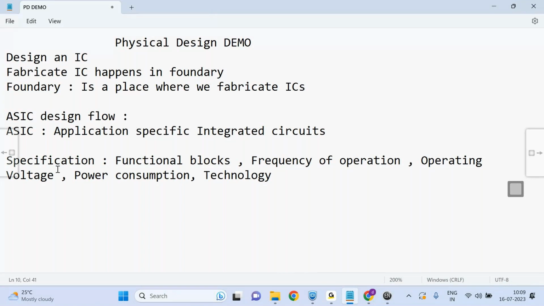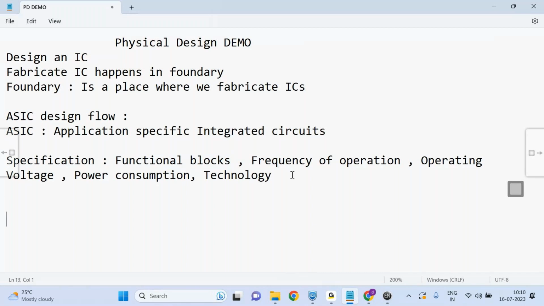After having a specification, we have functional blocks, right? Like this chip requires this many functional blocks. It should have a PCI controller module, memory controller module, RISC core module. Sorry, processor module, memory module, like DRAM module, peripheral control module, Ethernet control module. So all the blocks, whatever we have, we start